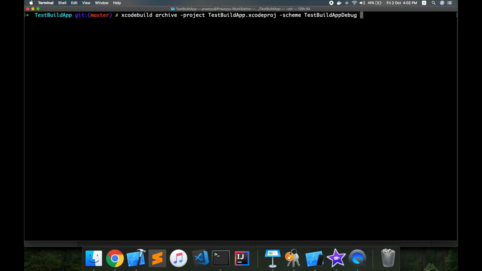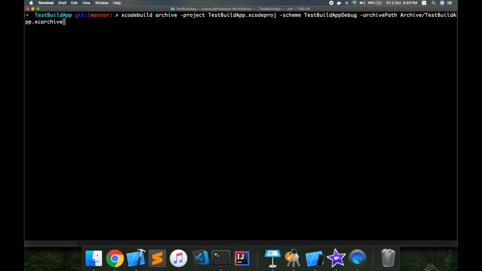Ideally this is it if you do the same operation through Xcode, except there is just another intermediate step which you need to remember, that you need to mention where to drop the Xcode archive. I'm going to choose a path that does not exist. I'm going to put that under a folder called archive. This is the location I want xcodebuild to drop the xcarchive file in. So xcarchive is the extension of the outcome that we get out of this archive operation.